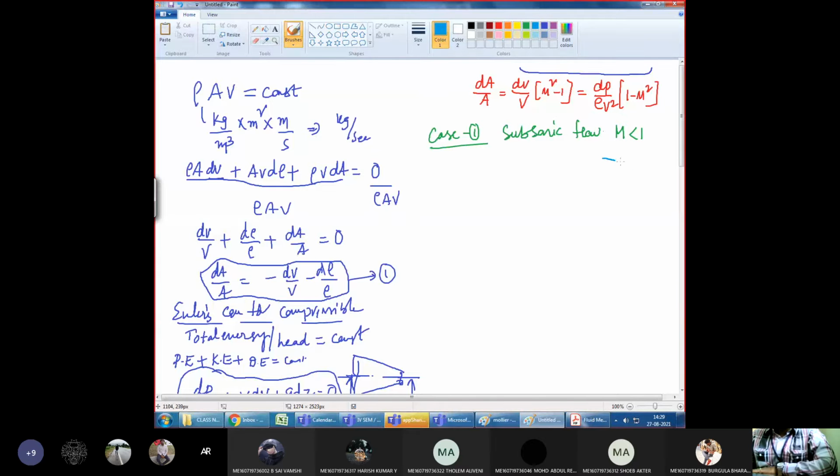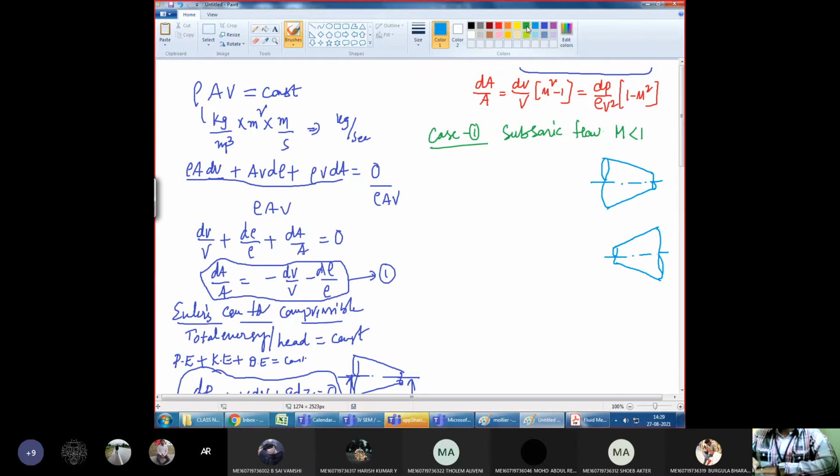Let us consider this passage. For subsonic flow, remember, generally what do we call this one? Convergent nozzle. But it will not always be correct. If you say every time it is a convergent nozzle, it's not correct. It depends upon the Mach number of the fluid flowing through it. The same thing may act as a nozzle, or it may act as a diffuser. It depends upon the type of the flow. That's what I am going to discuss now.